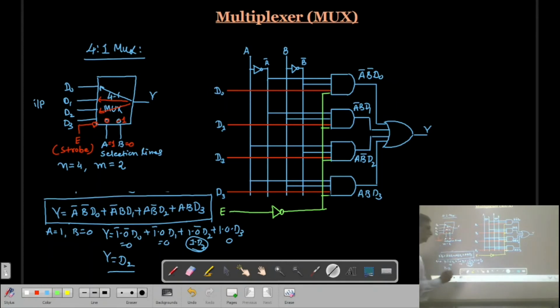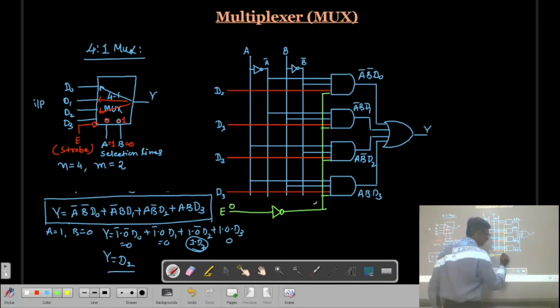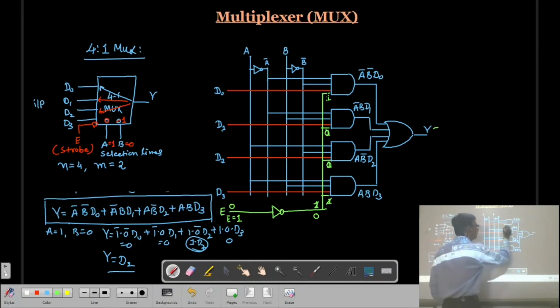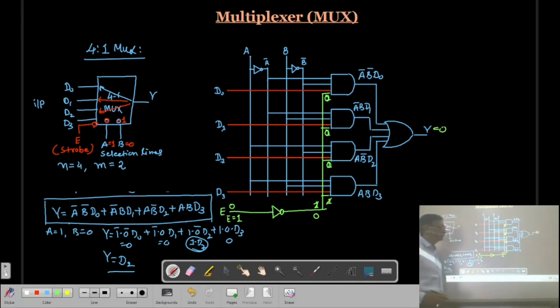Remember. So when this enable is 0, here it will be 1, and all these inputs of the AND gates will be 1, and therefore you will get the output. But if this enable is equal to 1, then this line is going to be 0, and this input will be 0, so the output of this OR gate will also come out to be 0, means the multiplexing is not taking place.